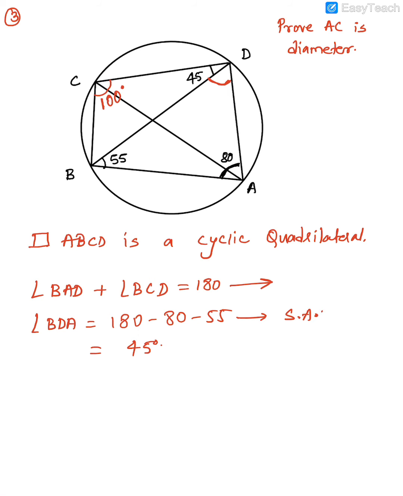Sum of all angles in a triangle is equal to 180 degree. So this angle will be equal to 45 degree. Observe the figure and tell me now what is the angle CDA equal to? CDA is 90 degree. Now if angle CDA is 90 degree, that means therefore AC is diameter. Now why is it a diameter? Because angle inscribed in a semicircle is a right angle, so AC must be the diameter. So that proves that AC is the diameter as the angle CDA is 90 degree. Okay, let's go on to the next problem.